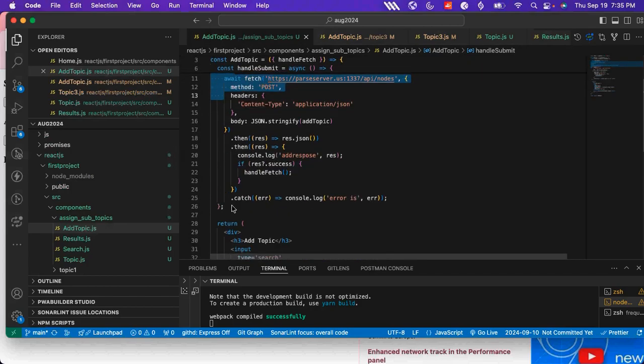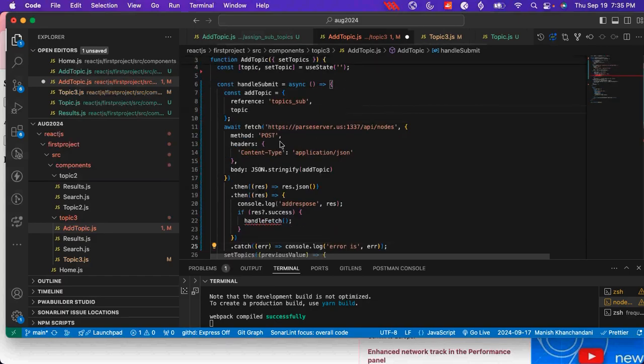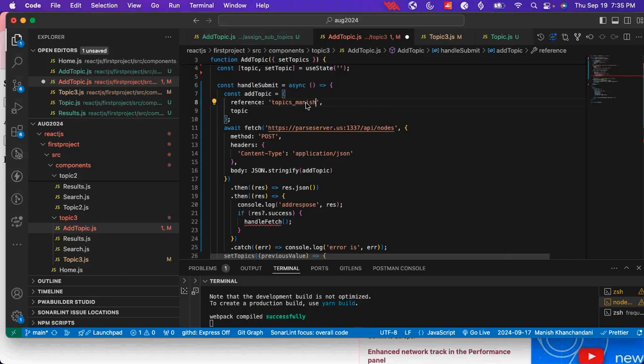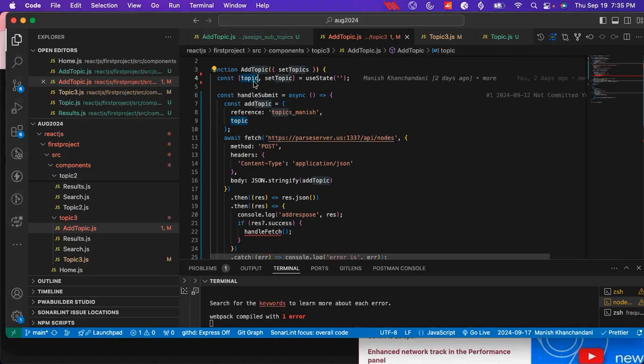Once the user tries to submit it, let's make this async also, so that I can call the await part. I create one object, and this object will have a reference, whatever you want to keep. I will keep my name, and the topic is nothing but what the user has put in the topic here. And then I call this